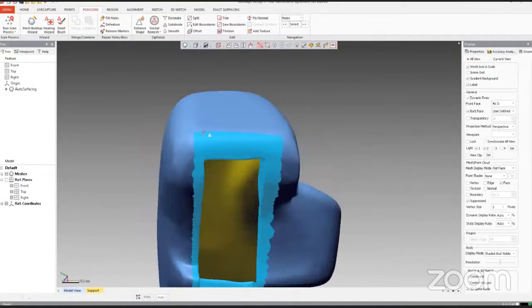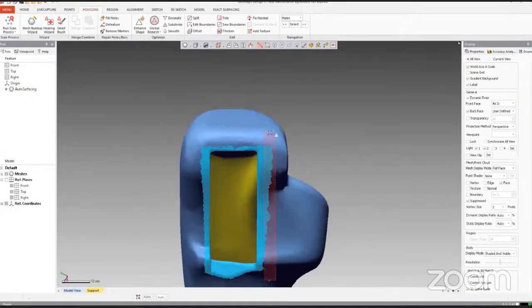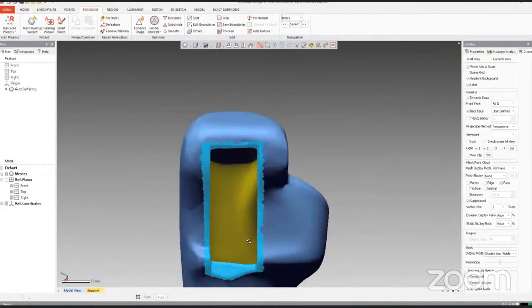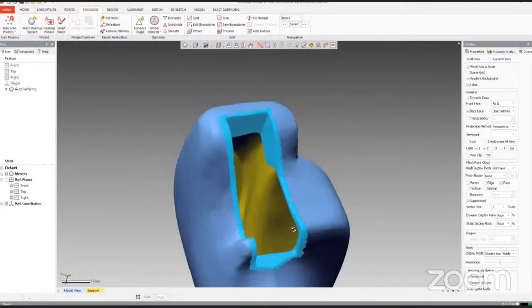So we select this line tool and then unselect the region. All right. So now this one seems better. We can delete this region,